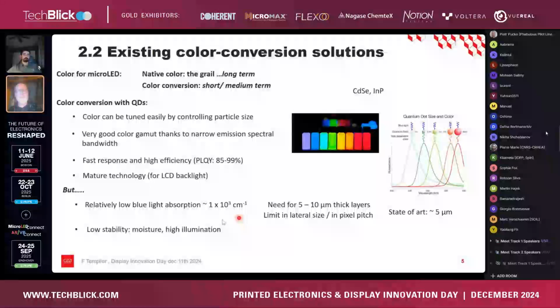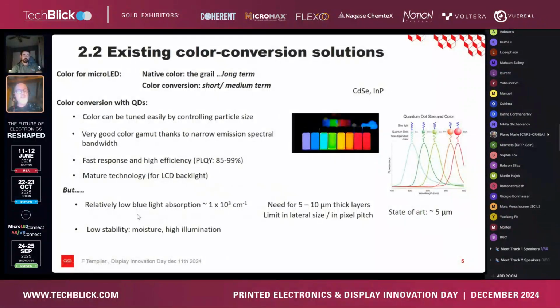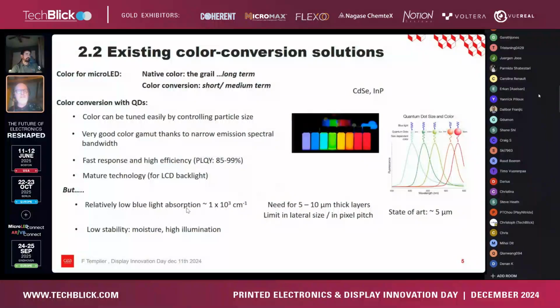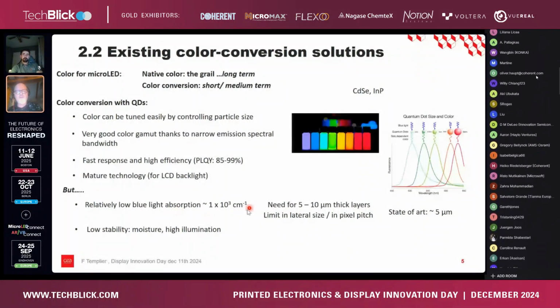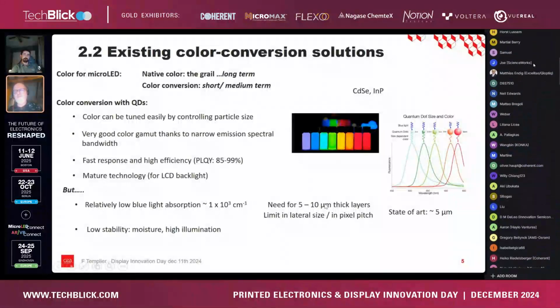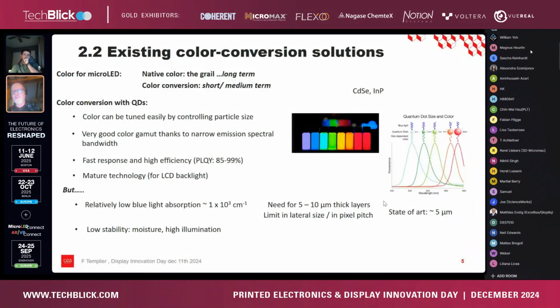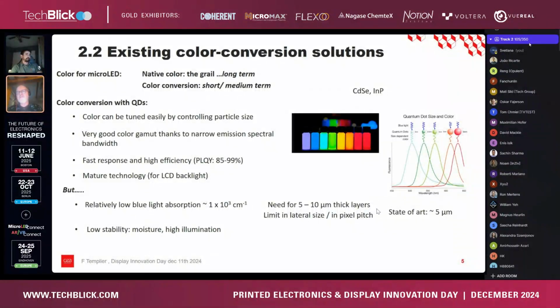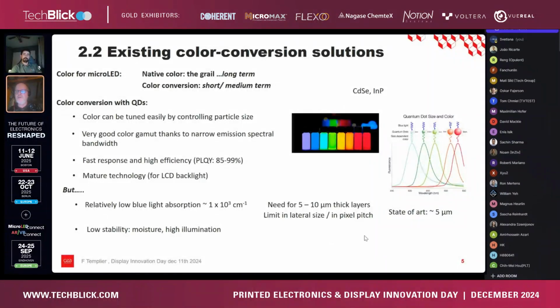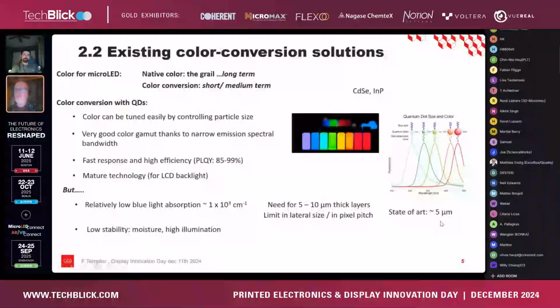However, there are two particular things we need to highlight. First of all, the absorption of the blue light, the pumping light, is relatively moderate, typically 10 to the power of 3. The consequence is that we need something like 5 to 10 micron thick layers to absorb all the blue light and to convert it into green or into red. So we imagine that if the layer is thick, it will be difficult to pattern the pixels in a small size. Typically the state of the art today is something like 5 microns. Definitely this is not sufficient to address AR